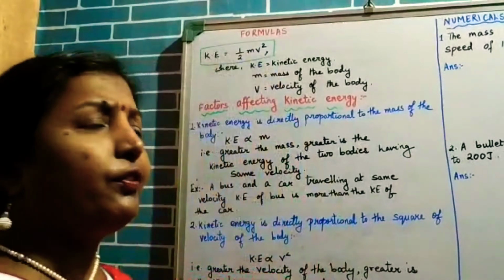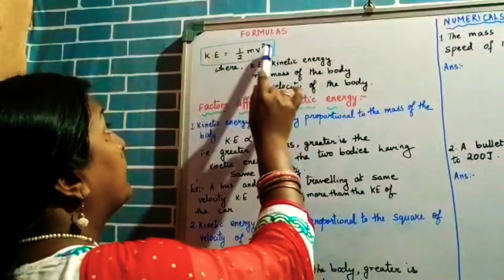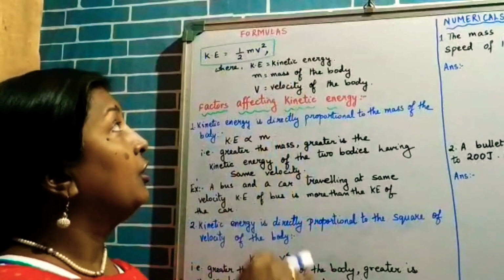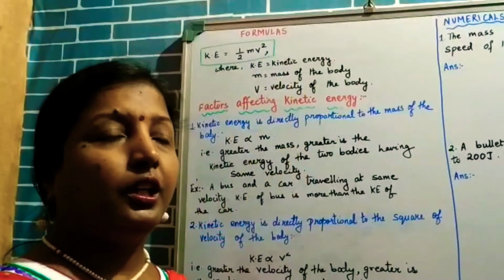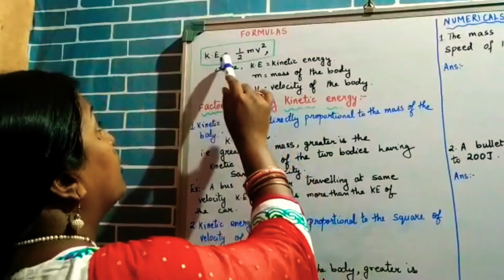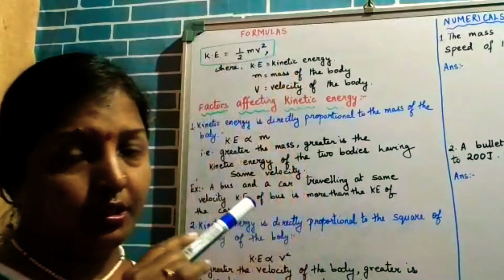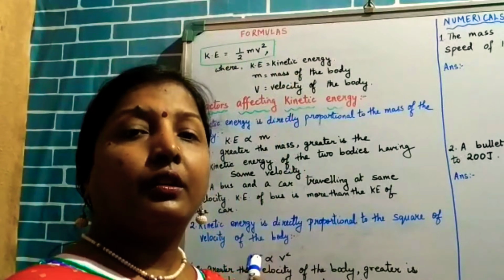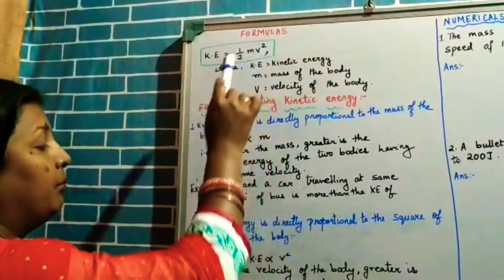The same way, if we keep the mass constant and we talk about the relationship between kinetic energy and v, again because both of them are in the numerator, kinetic energy and velocity are also directly proportional to each other. In fact, kinetic energy is directly proportional to the square of the velocity. That is, you square the velocity to get the kinetic energy possessed by the body of the same mass.